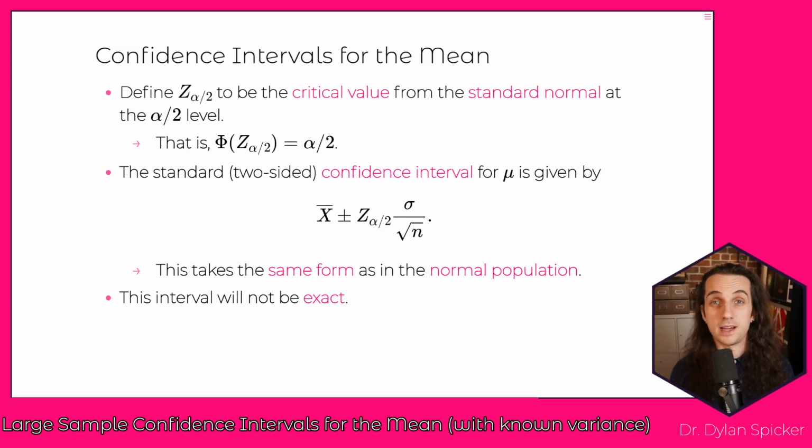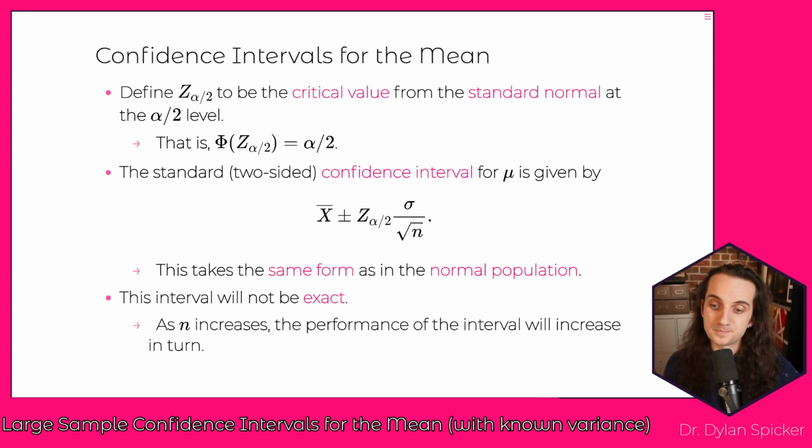It's important to keep in mind that this is not going to be an exact confidence interval, and so it might be the case that if you were to actually do this, you don't find properly a 95% coverage from your 95% confidence intervals, right? You might be a little bit off, but as long as it's appropriate to apply the central limit theorem, the differences are going to be fairly small, and so they won't make a big difference.